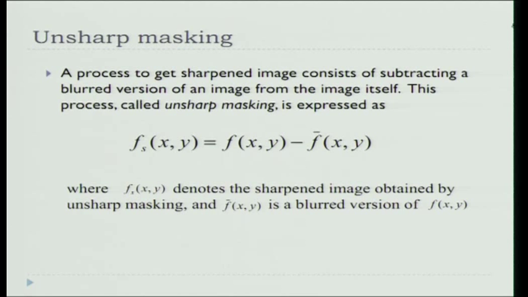One way is to take the average of the neighboring pixels. Or, naturally, you get a blurred image through your camera, and that camera always gives you a blurred image. That blurred image and the original, whatever you have after the pre-processing operations, you just subtract it, and you will get the sharpened component. So, if I subtract the blurred image f bar(x,y) from f(x,y), what are you going to get?